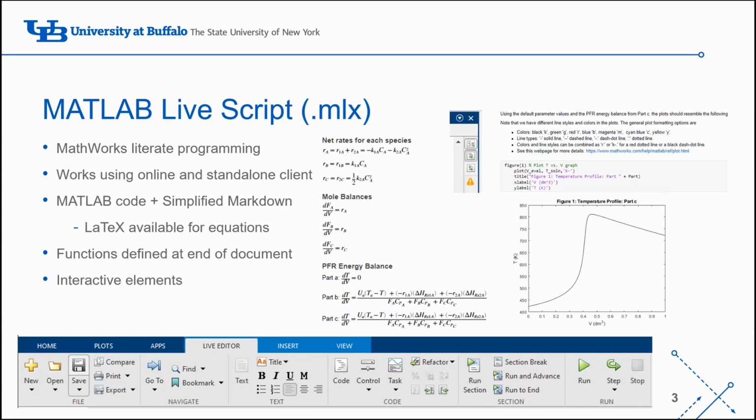In a MATLAB Live script, a simplified version of Markdown and LaTeX are used to format text. MATLAB code is executed in coding cells. The first two images show the complex equations that could be rendered using LaTeX, and include an example of the integrated nature of text and code blocks in a MATLAB Live script. It is important to note that on the top right-hand side of the Live Editor,